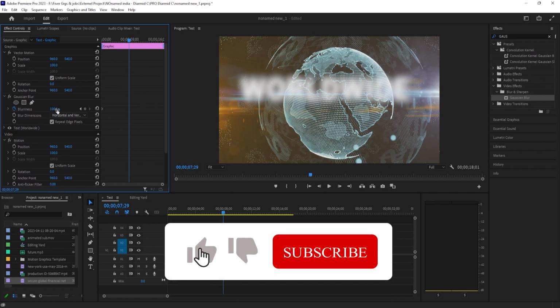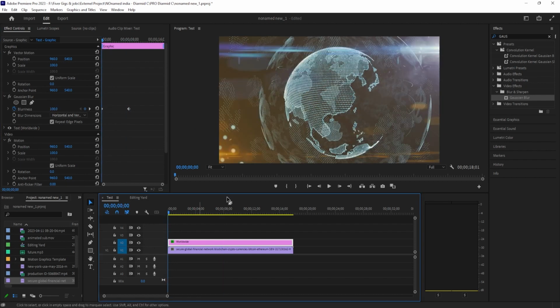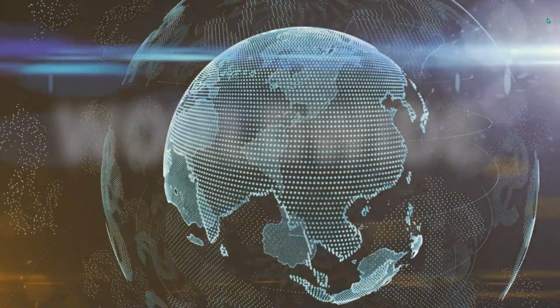Now when we scroll back down to the blurriness property, the time head is positioned in the right place. Change the blurriness value to 0 to create your ending keyframe. Alright, and now when I play this back, we have a nice text blurred to focus effect in